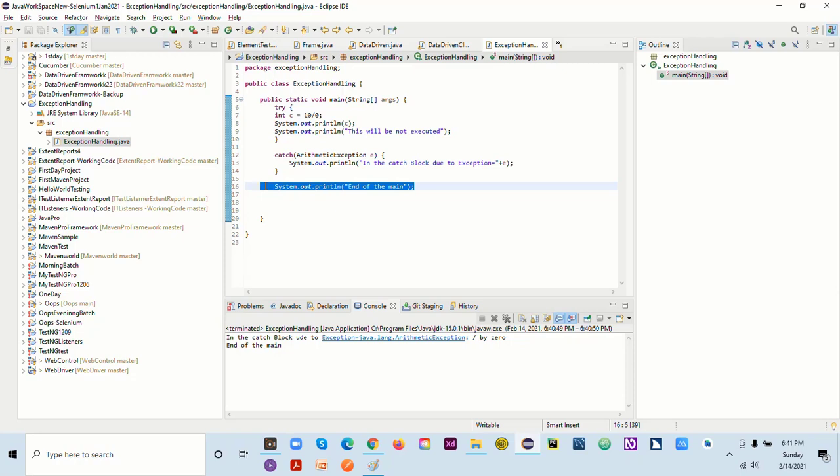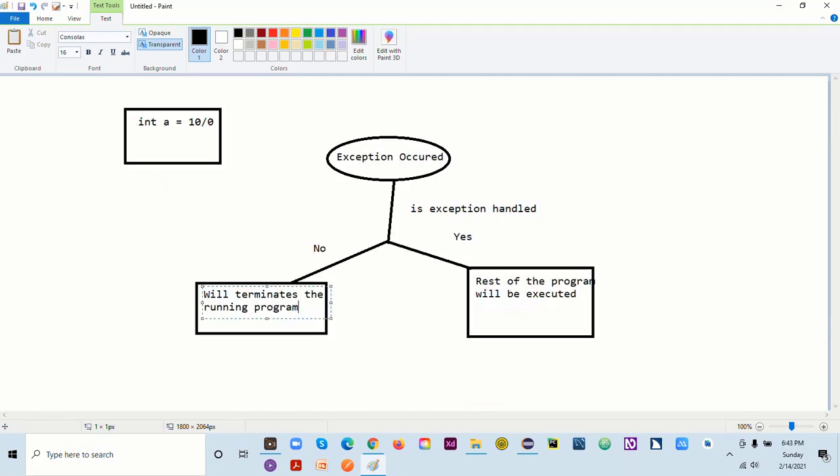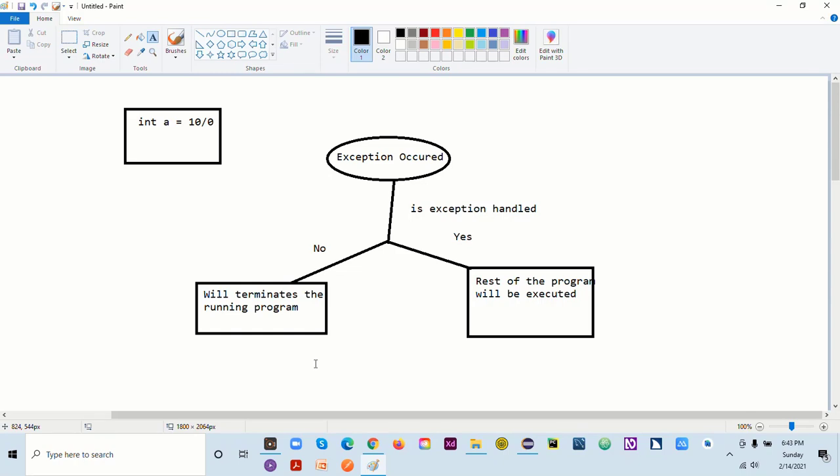This is how it will work. If you understand it with the flow chart, let's remove this, it will not run actually. That's why we want our exception to be handled.